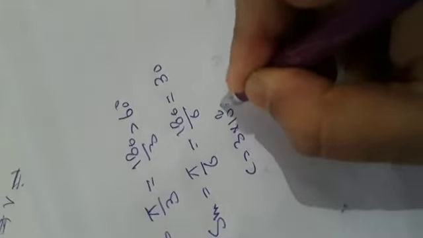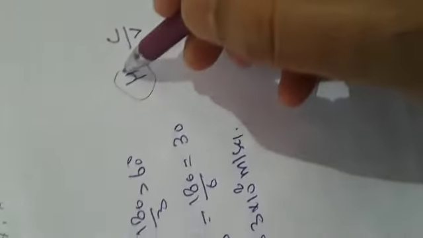We have to calculate the velocity of light in the prism. The velocity of light in vacuum, c, is 3 x 10 raised to power 8 meter per second. We know that mu, the refractive index, is the velocity of light in vacuum to the velocity of light in that medium. Here c is given, and I have to find out mu, which we cannot get directly. So how do we find mu?